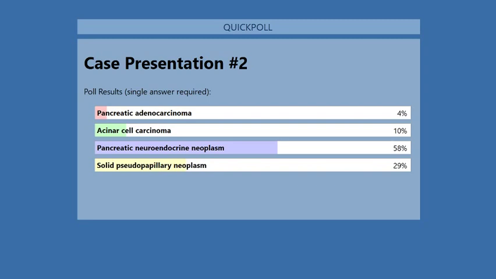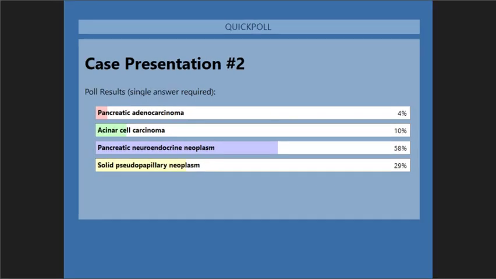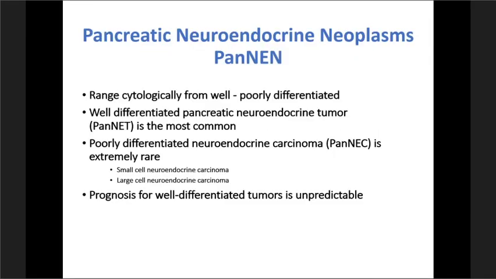This is indeed an example of a pancreatic neuroendocrine neoplasm. So these are basically called PanNENs collectively. These range from well to poorly differentiated, which is very important that you recognize, because the well differentiated ones are known as PanNETs and the poorly differentiated ones are known as PanNECs. And for those, there would be a small cell and a large cell category. Our case is a well differentiated